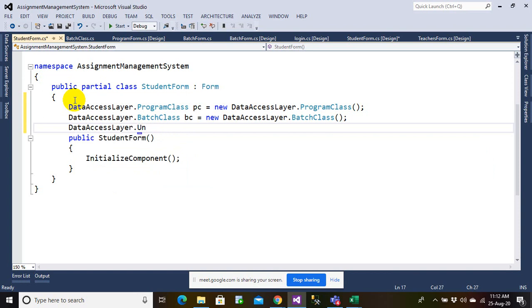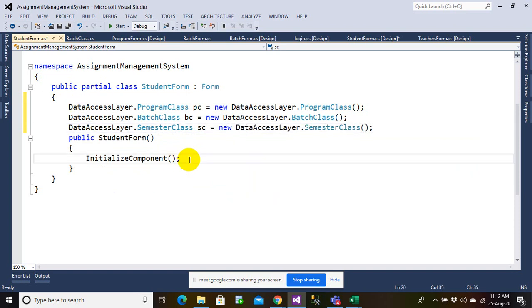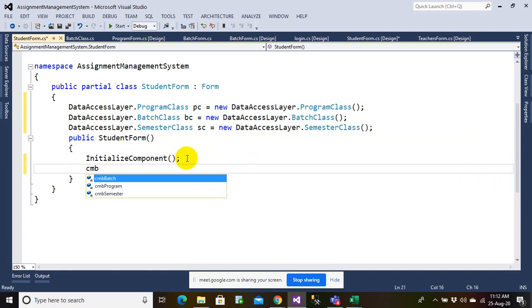Okay, unit. We don't need unit. We need something like semester. All done. I want to bind it to CMB program that's data source should be equal to